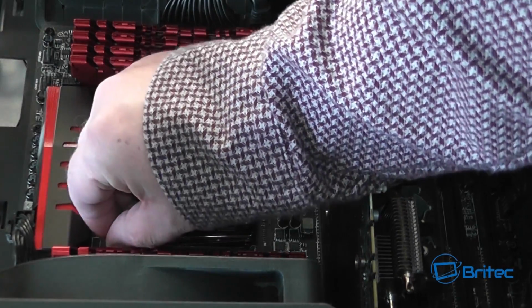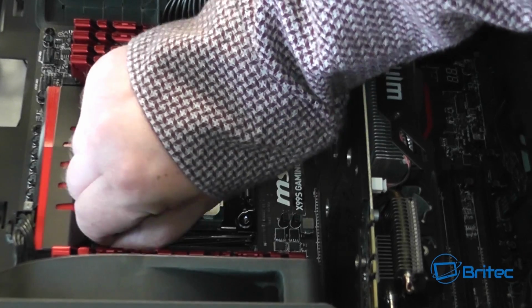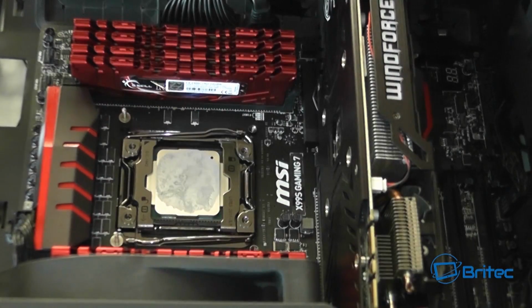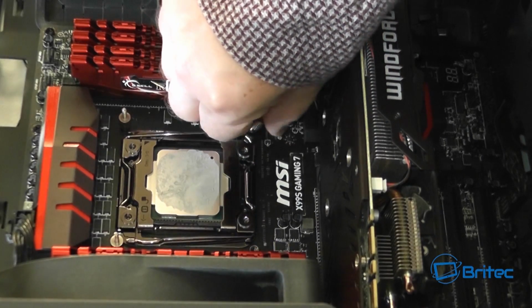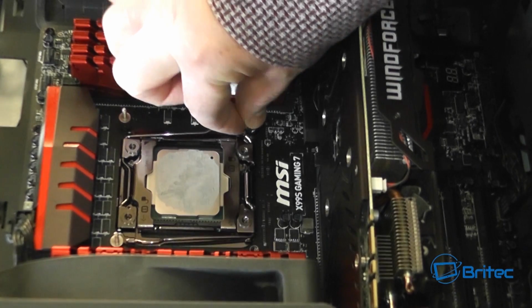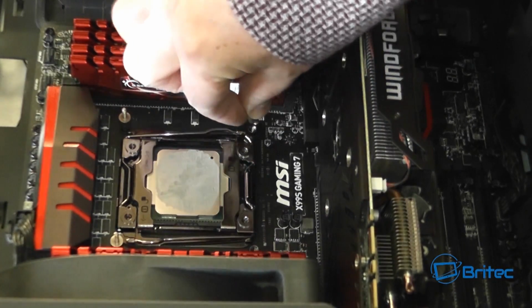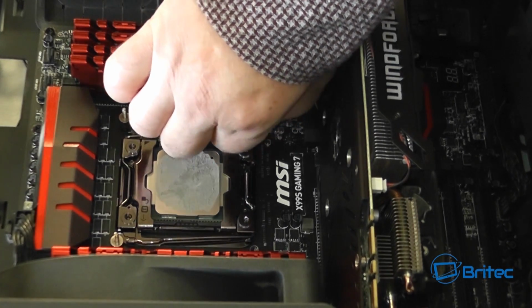Because this is a 2011 socket, these screw straight into the actual board. I don't need to use a back plate, and I will clean off that compound a little bit later on. I'll show you that. So remember guys, when you're putting these screws in, don't over tighten them. You don't want to damage the screw or cross thread the screw or anything like that. They just need to be finger tight, and it is a little bit fiddly because obviously this is still inside